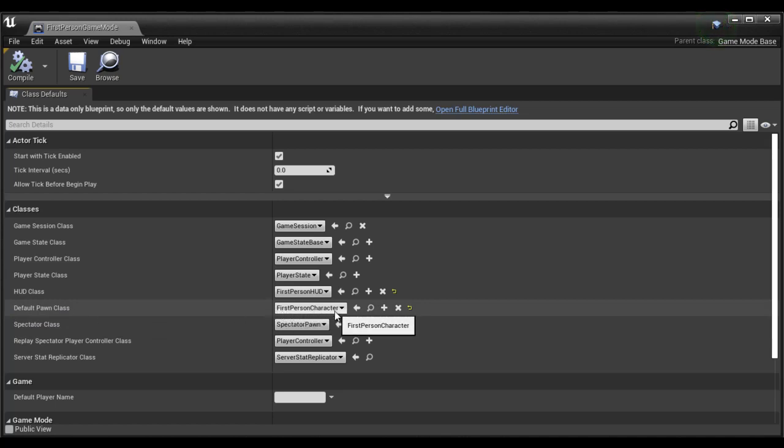So what happens when we go to play mode, first person character is added to our level, and also the default HUD class is first person HUD, which actually displays the crosshair, as well as we have a player controller responsible for controlling the player, some other things we have. So we need not worry about anything here. We are not going to change anything. I'm just giving you a brief idea that first person character is added to the level, and in front of the first person character, first person HUD displays a crosshair also. Okay, let's close this window.